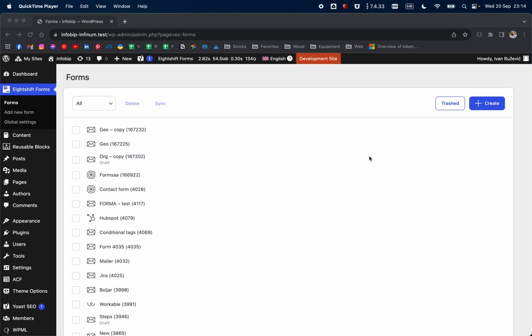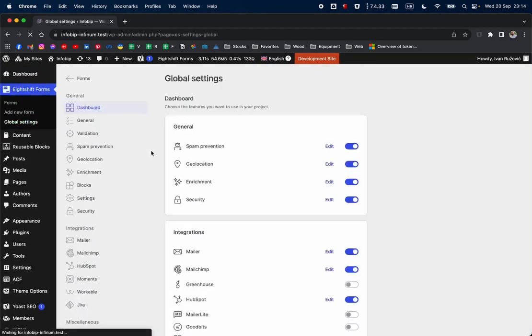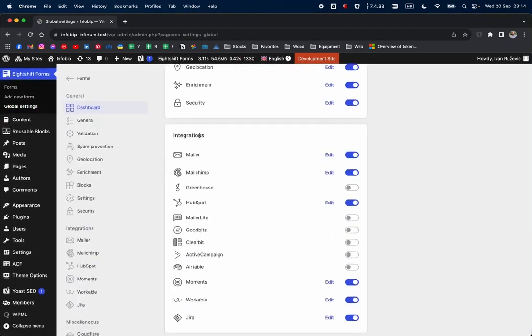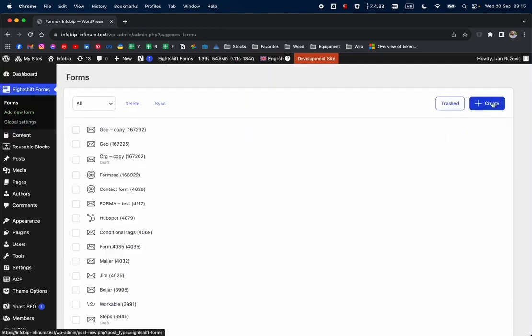So to add your first form, you need to have at least one integration added. So for example, just activate Mailer and that's it. If you don't have any integrations available, just click Mailer, activate the Mailer, and that's it. So go into the forms, create a new form,